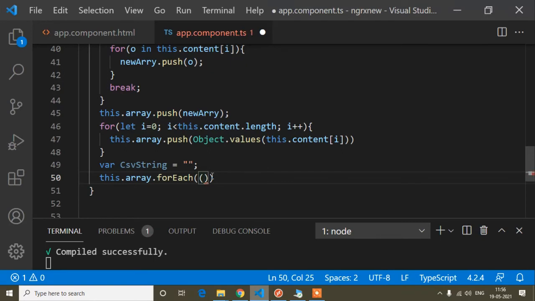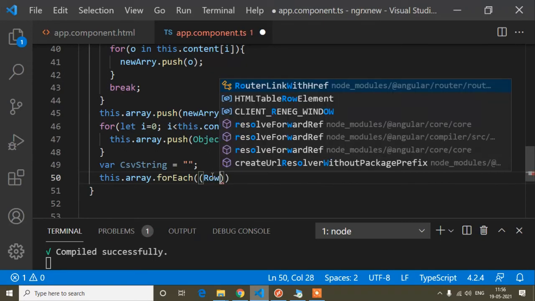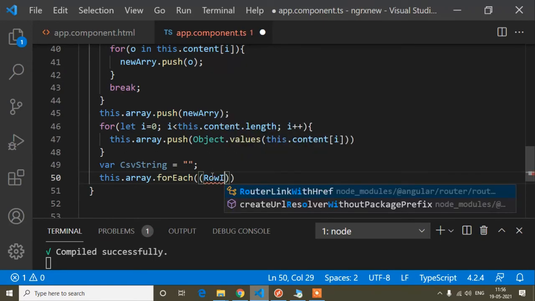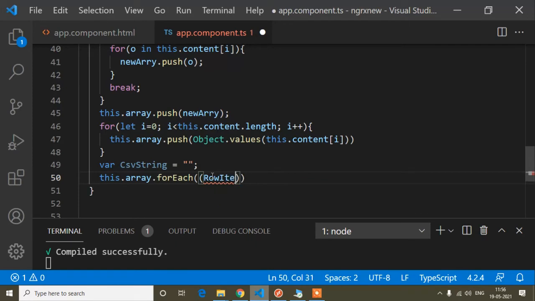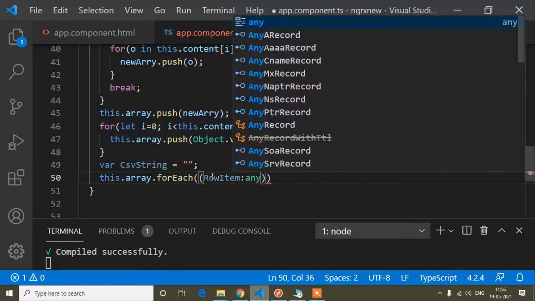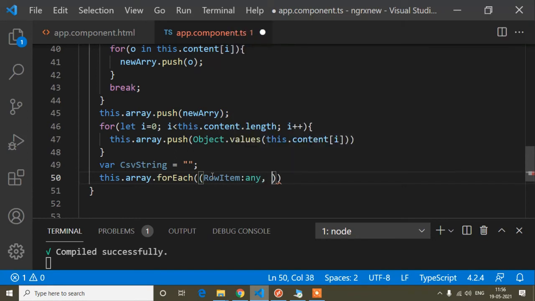Parenthesis, and here I will write two parameters, that is rowItem, parameter type is any, and guys, the parameter name you can pass anything. And now here I will write rowIndex.